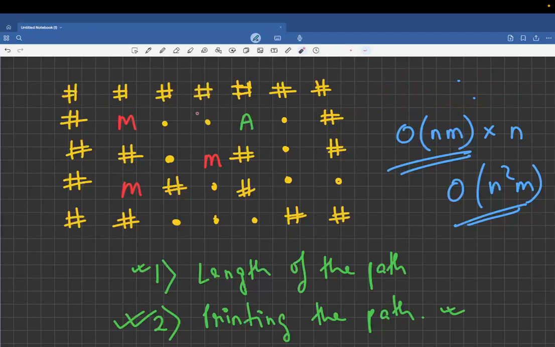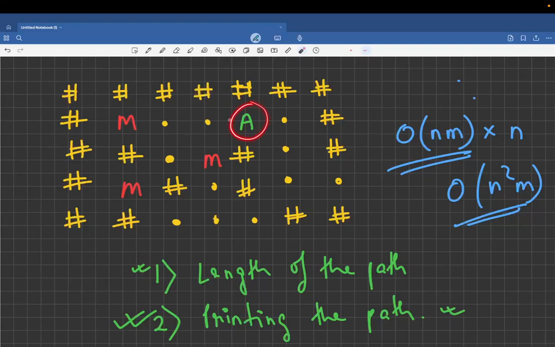The extra condition is that you will go to a cell only when the monster distance for that particular cell is strictly greater than the number of steps, or the distance, that you have traversed. For example, for this particular cell, the monster distance will come as 1, right? And if you start from the starting point and go to this particular cell, your distance will also come as 1. So in that case, you won't go to this particular cell. This is the simple extra condition that you will add to check whether you can go to a particular cell or not. How we will print the path, for that I will come later.